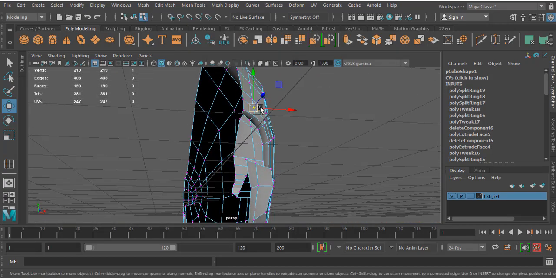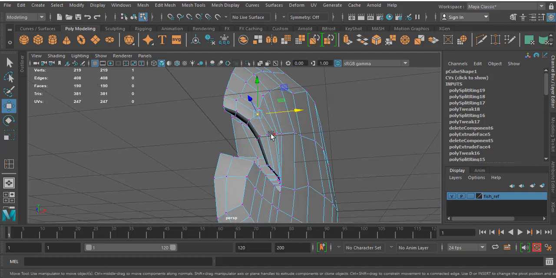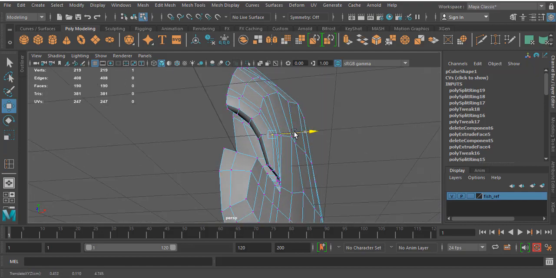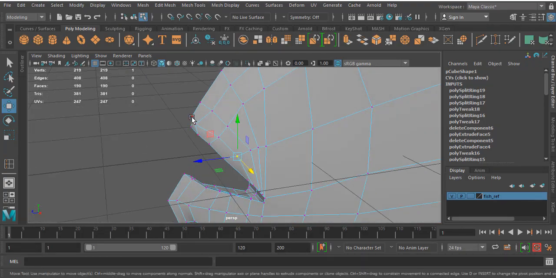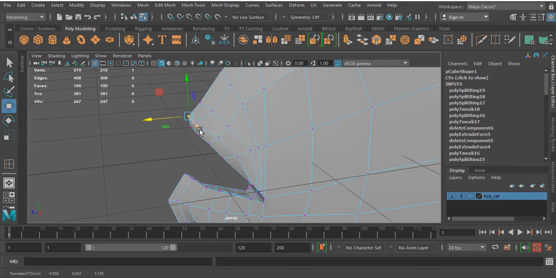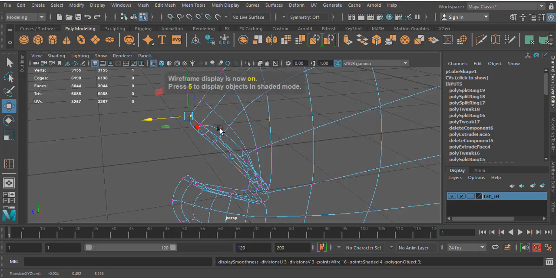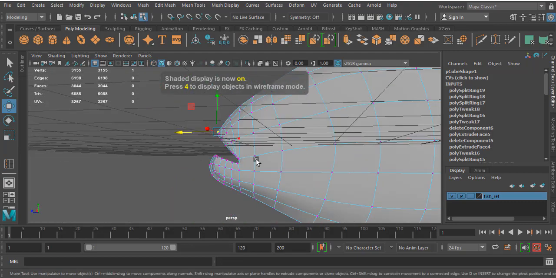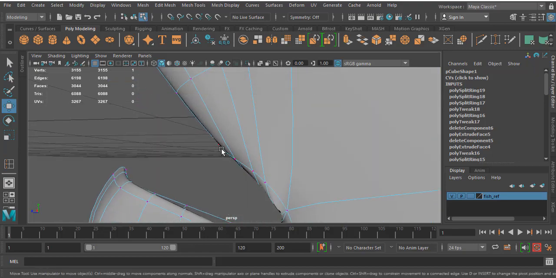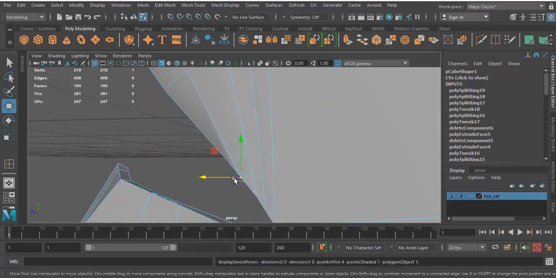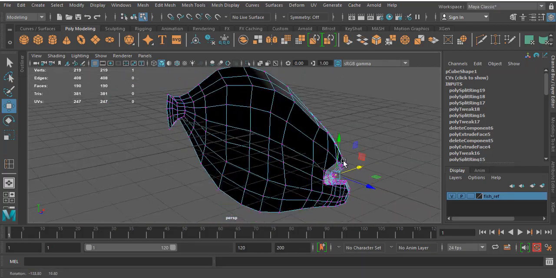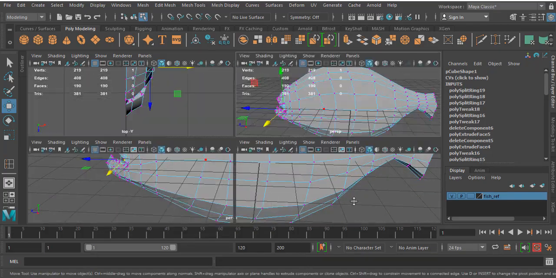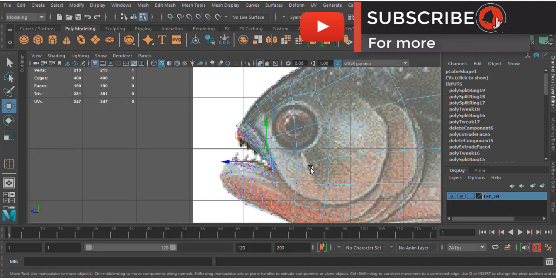We'll manually pull it out. Okay, so almost the basic shape for the mouth is over.